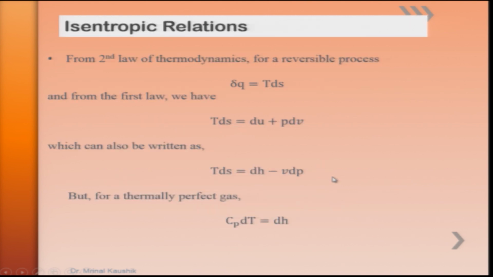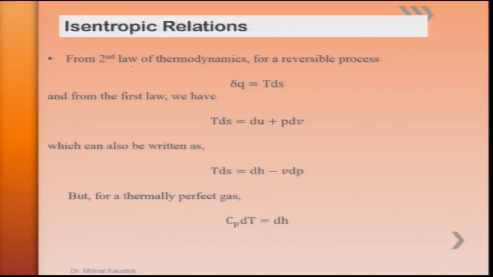Now, we will move towards the case where we try to derive the equations for a system undergoing isentropic, that is, constant entropy processes. Let us see that from the second law of thermodynamics, where we have written ds is equal to del q by T,